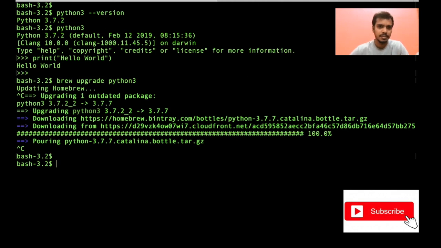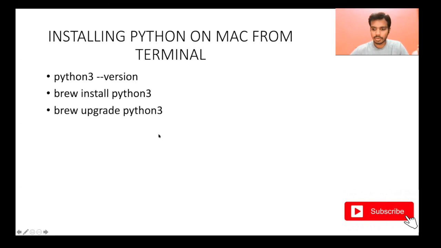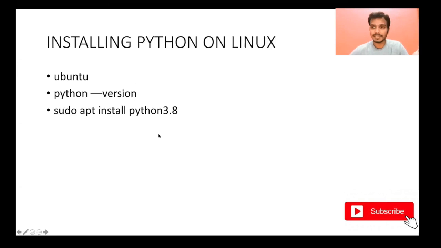And the next one, let's go to the next one, installing Python on Linux. So if you are on Linux, I hope that you should have Python on your system, because Linux is mostly meant for programming. And I think you should mostly have Python. But let's say, I will just give an example of Ubuntu here. If you are on Ubuntu operating system, what you should do is just type here.